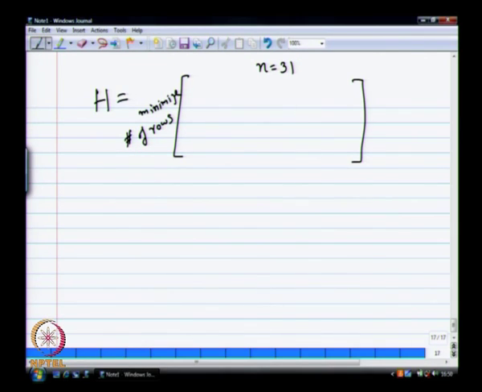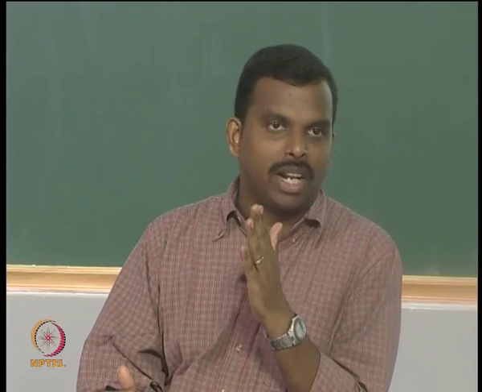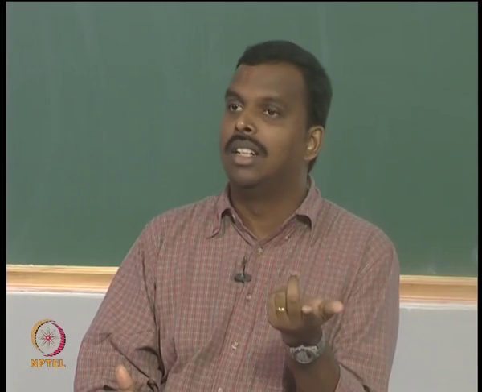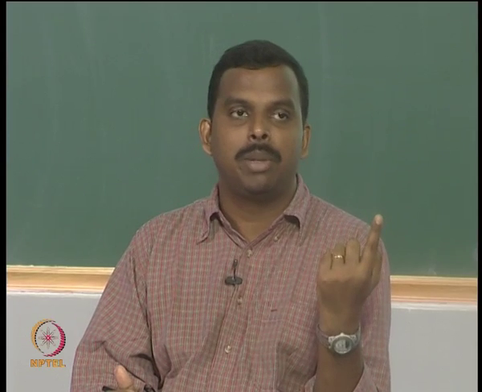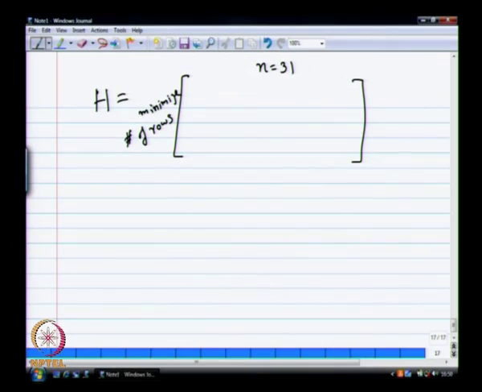Okay, so remember how we are going to construct minimum distance 4? We are going to start with minimum distance 3 and then extend. In extending I will go from n to n plus 1. So after extending I want 31. So before extending, what should be my code length? 30. So I have to now think of just the first 30 columns